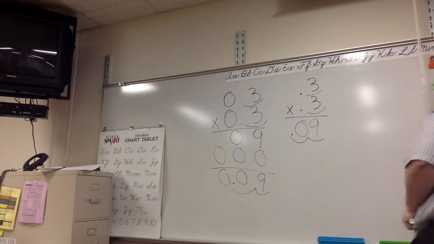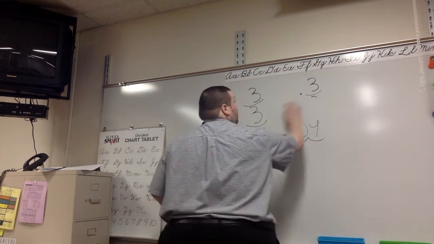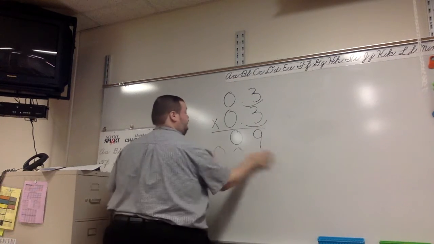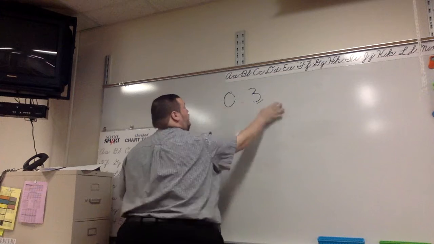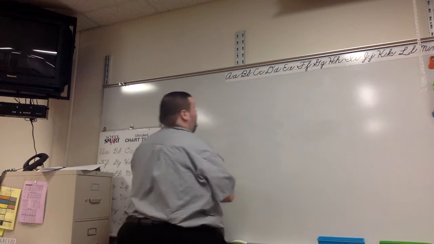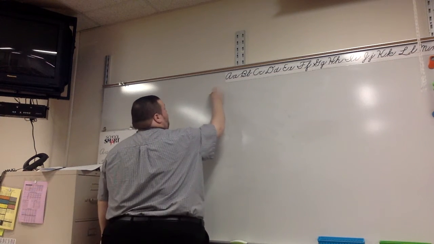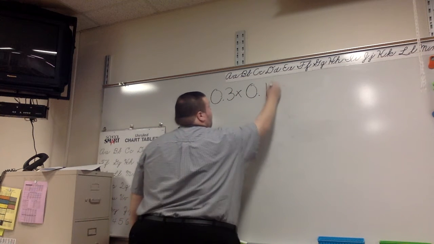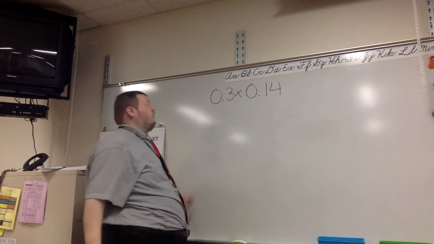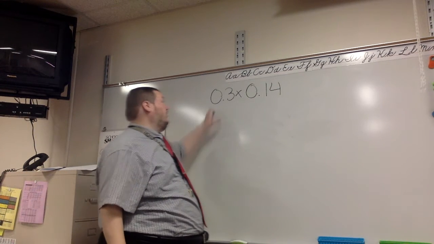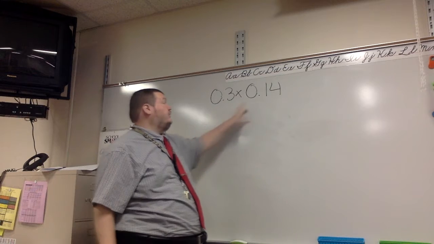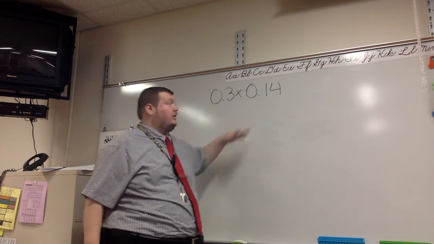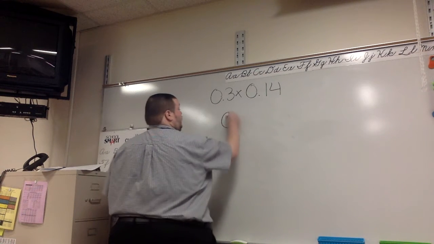We'll go ahead and do a problem where it's hundredths by tenths. So first of all, you might have a problem written like this. Let's do 0.3 times 0.14. Make sure that whatever number has the most digits, so 0.3 has 2 digits, 0.14 has 3 digits, this number needs to go on the top when you're showing your work. So we'll do 0.14